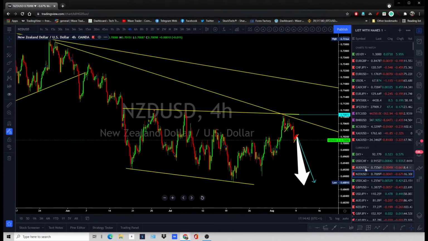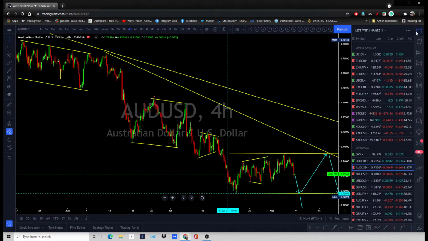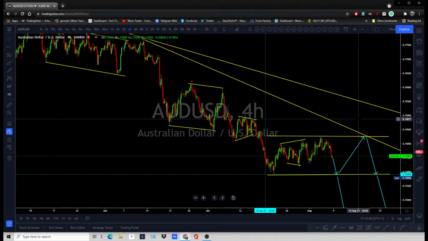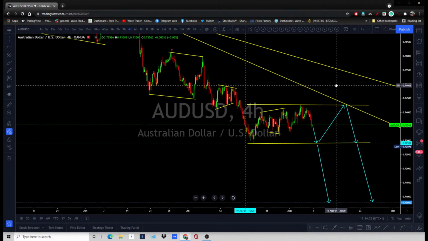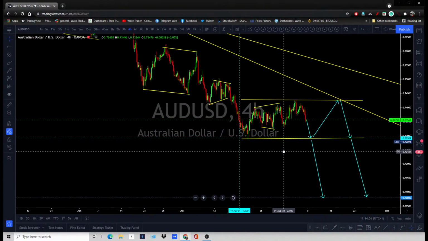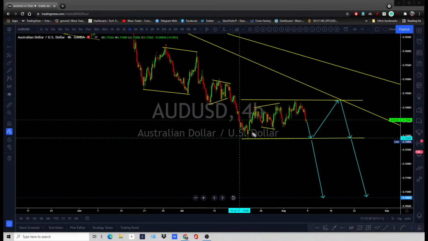So, pairs for the next week. You don't have a perfect opportunity like the one I have shown you for next week on the pound and Kiwi. But still, this is a bearish setup, though not for the short term. We can see that back to these areas, back to that low.